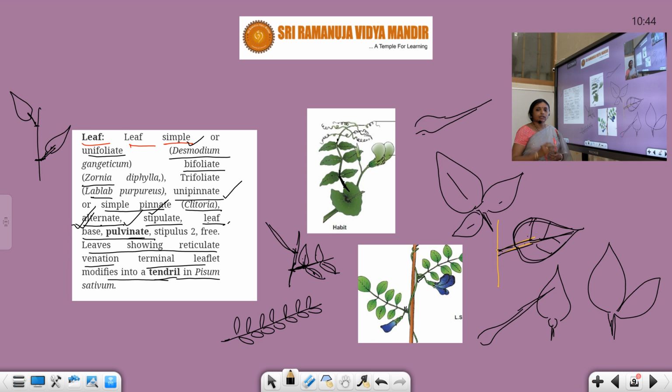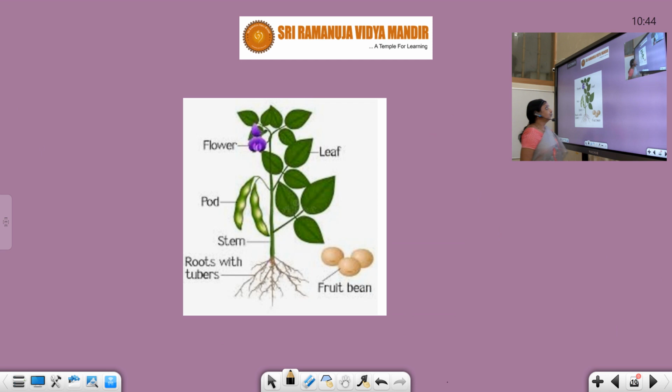Now let's see the floral character. Okay, another plant I have put here for your better understanding, in which you can see the pods, fruits, and the bean fruits, how it looks, and the structure of leaves. Here the arrangement you can see. Here trifoliate leaves are present. In this also trifoliate leaves are present. So it shows compound type of leaf. Root also taproot system, and this is the primary root. From the primary root, secondary roots are coming, and from the secondary root, tertiary roots are coming. Here you can observe clearly.